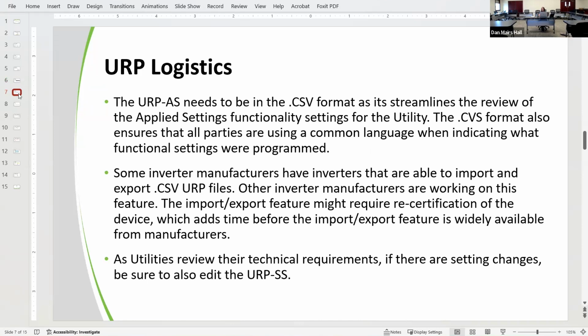So why do we have these URPs? There are so many different screenshots from the software to interface with inverters. And there are so many different apps, if you're going to Bluetooth into an inverter, that it really is impossible for the utility to stay on top of every single brand that's out there. The idea behind the URP is to streamline the review process for the utility to make sure that the